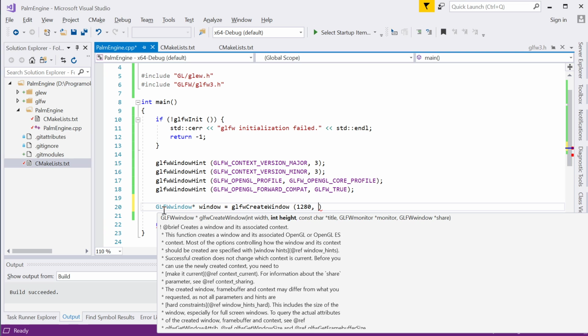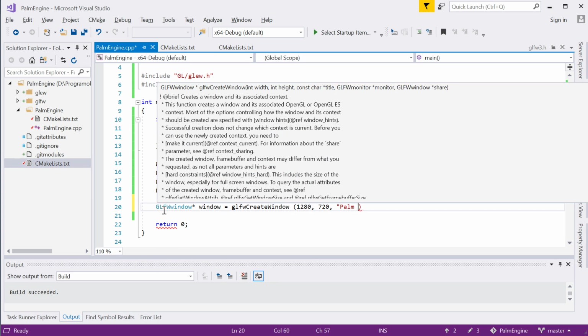So I'm gonna go ahead and create a, is this gonna be what? No, it's fine. A 1280 by 720 pixels screen with a title of Palm Engine, and with the GLFW monitor,